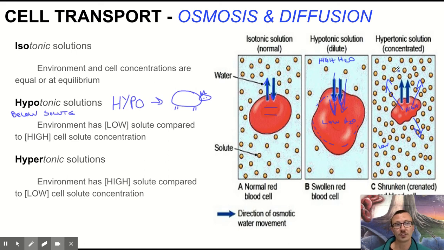Now, we can also say that this solution is highly concentrated. There's a lot of solute, right? So maybe each one of these yellow dots represents sugar or salt. And so the solute here is highly concentrated, so that means there's not a lot of water here. And that means the water is going to get sucked out of the cell. And so hyper means above. And again, tonic is referring to the strength of the solute, which would be sugar or salt. Okay, and so hypertonic, things tend to shrink,